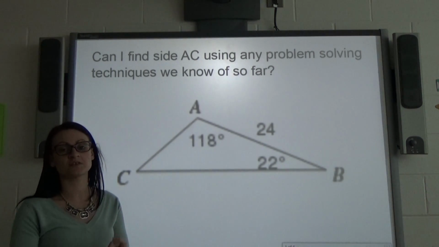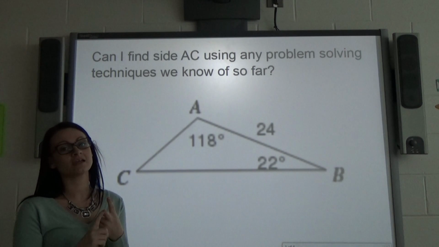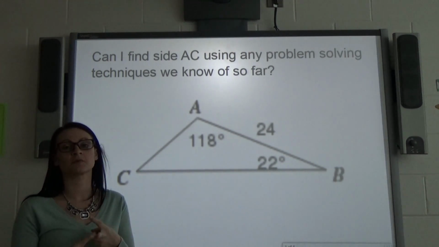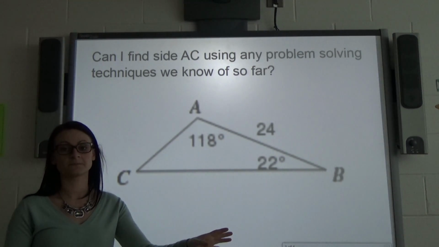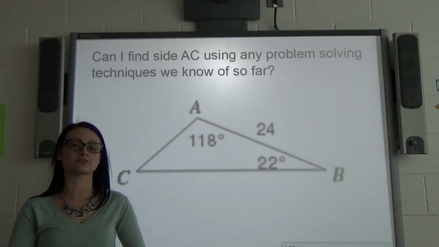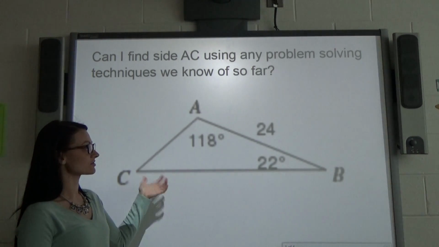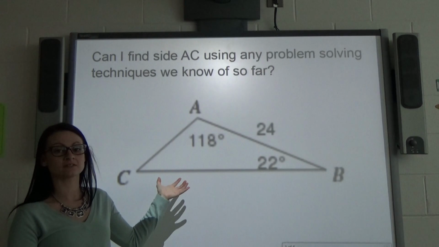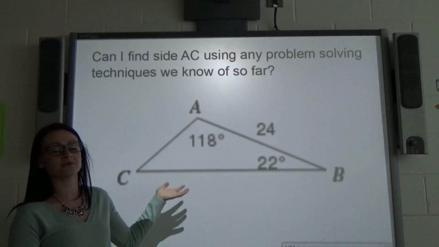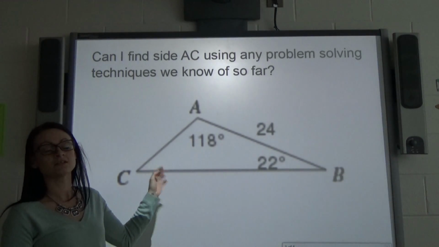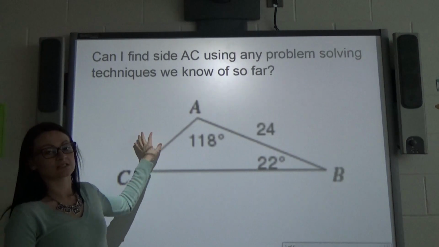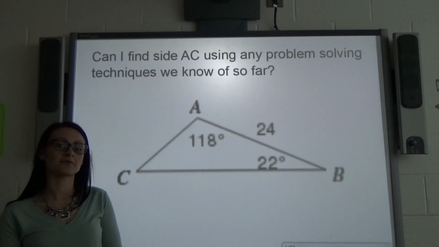So that throws Pythagorean theorem and all of the trig identities we've been working on out the window, because those only work for a right triangle. So right now, I'm kind of left out in the cold because I don't have any techniques yet that I could use to find this missing side. However,